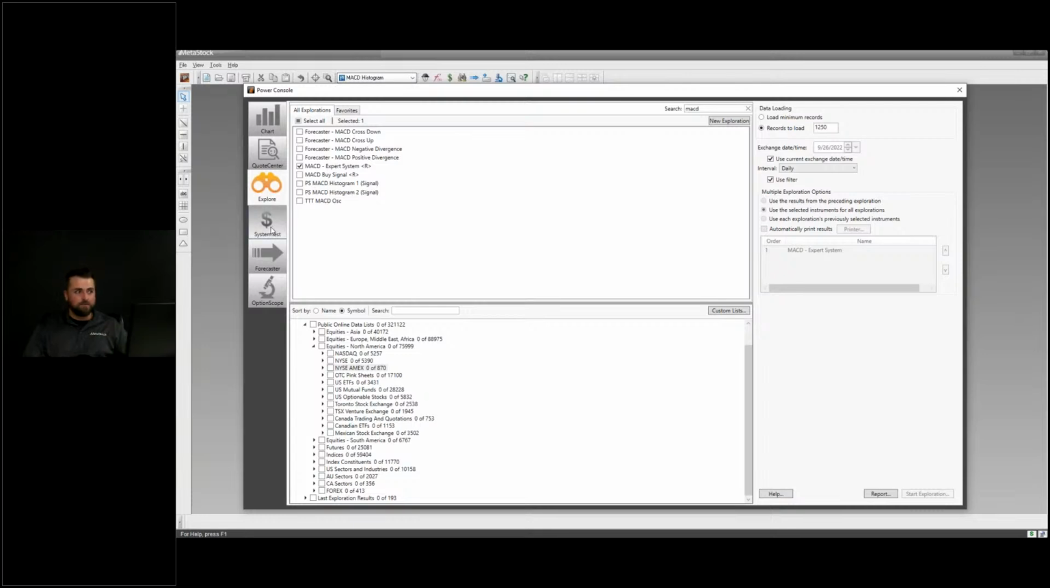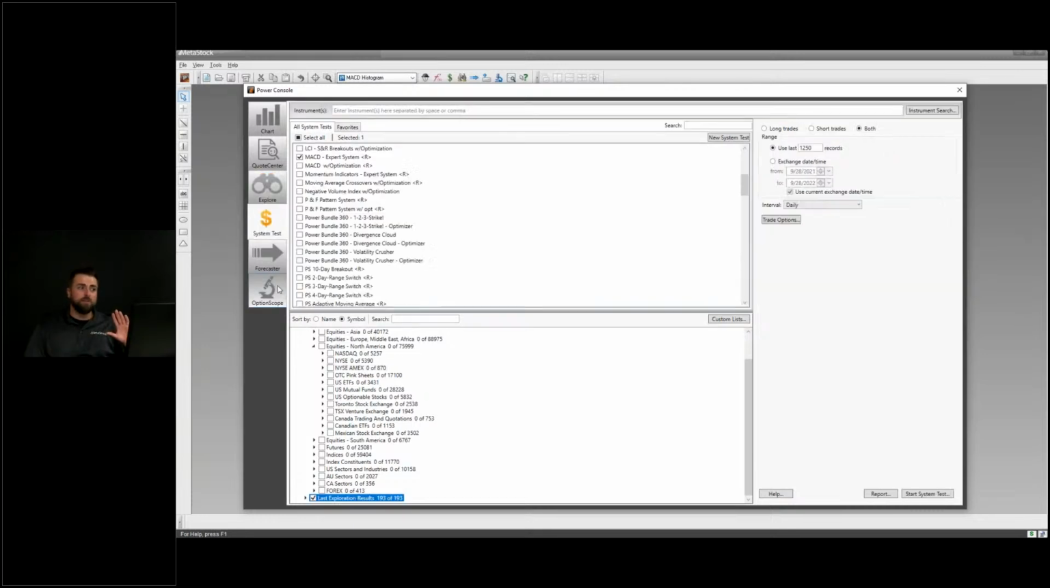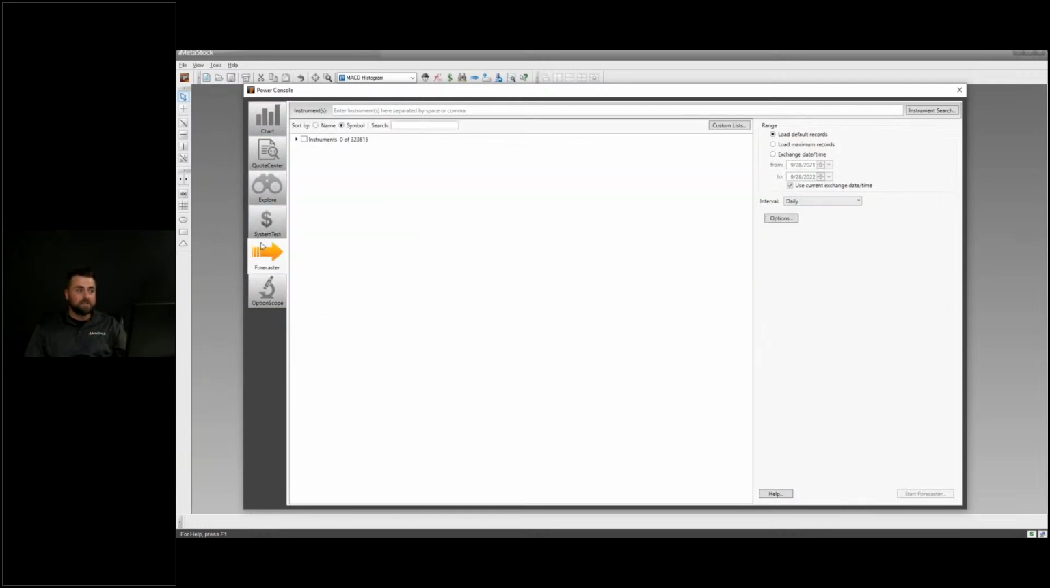Yeah, you can scan for those. You can do system tests. Now you'll notice there's a bunch of power tools that we haven't even used. Like the forecaster has a lot of really unique and interesting information in here as well, where you can get like a heat map of where the price is most likely to go based off of historical data or historical